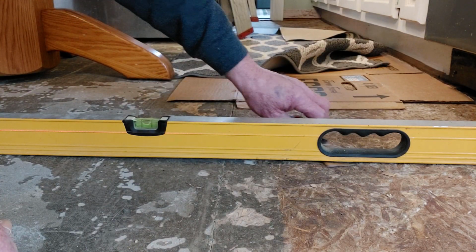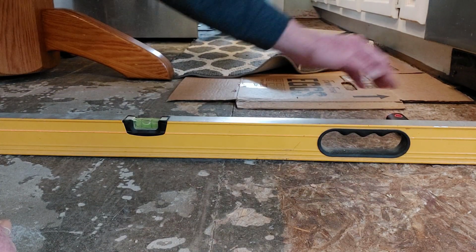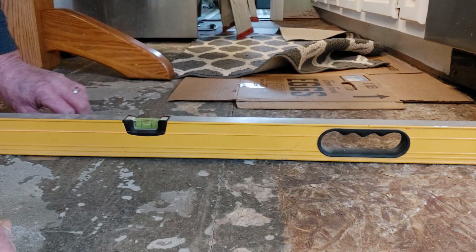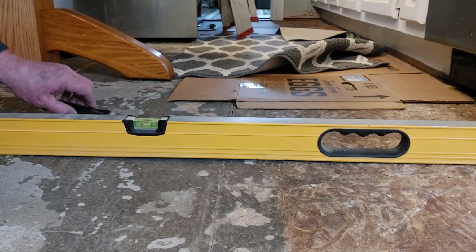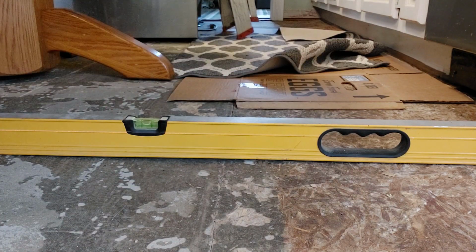And that gap goes all the way almost to the end of the level here, and up to in here, just off of, almost off of the screen. But as you can see, we're level. So one would think that all we have to do is fill that in and we're going to be good,